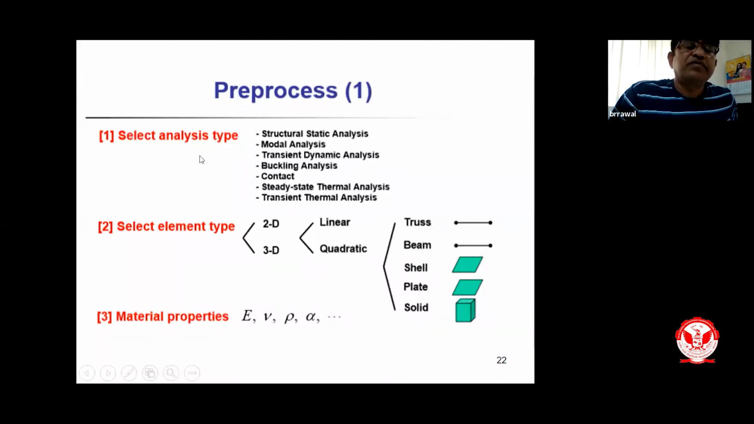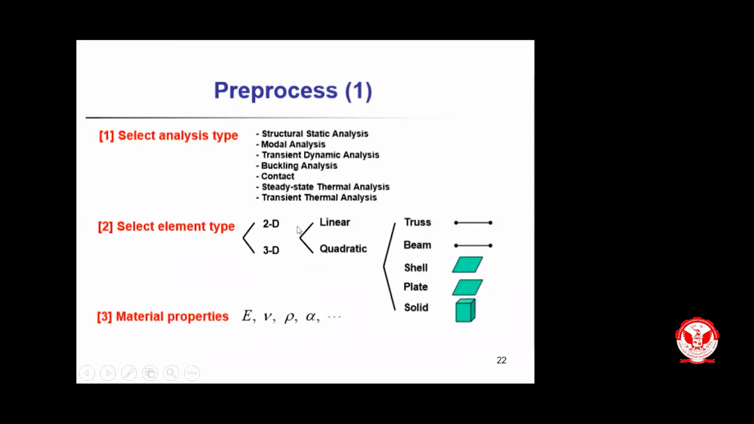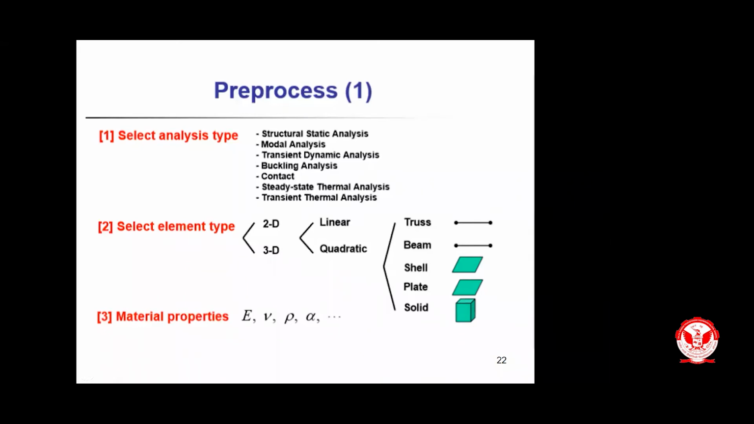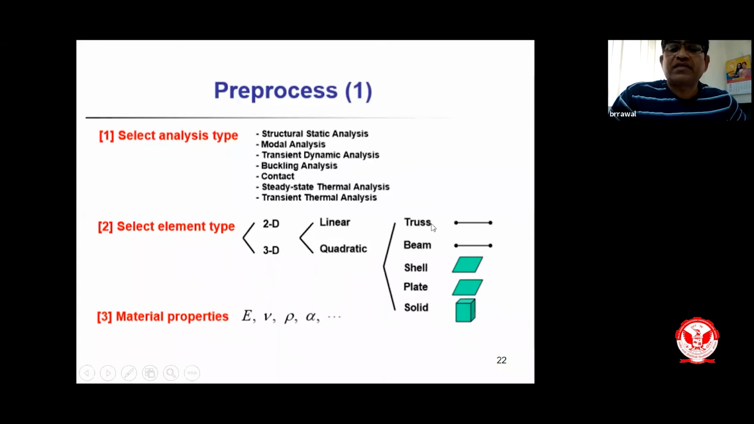So first we have to analyze the type of analysis. Then we analyze the type of element. Basically for a 2D element, it is linear or quadratic. For a 3D element, it can be tetrahedron, hexahedron, and truss element. This is a 1D element. Shell element, plate element, this is for surface 2D element. And you have to give material properties also: Young's modulus, Poisson's ratio, density, heat coefficient, all these